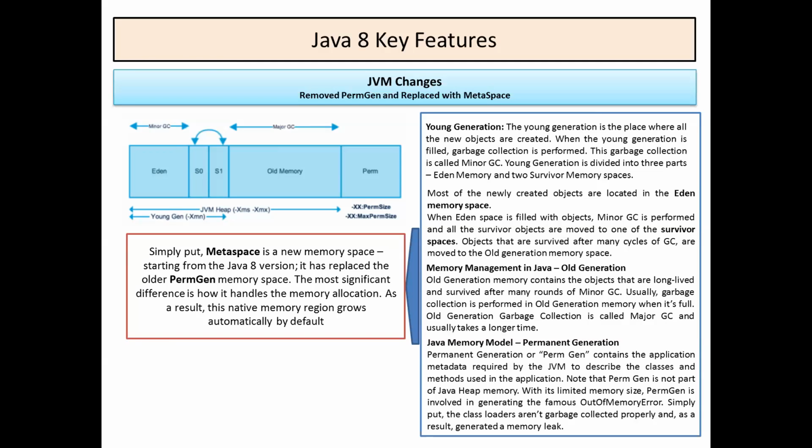To make it more object oriented, he will write a class, create a method and create an object. But once you create an object, what happens inside the JVM? The object needs memory, correct? So the object is allocated inside the memory in the JVM, and then there should be a mechanism to clean that memory whenever that object is not used.